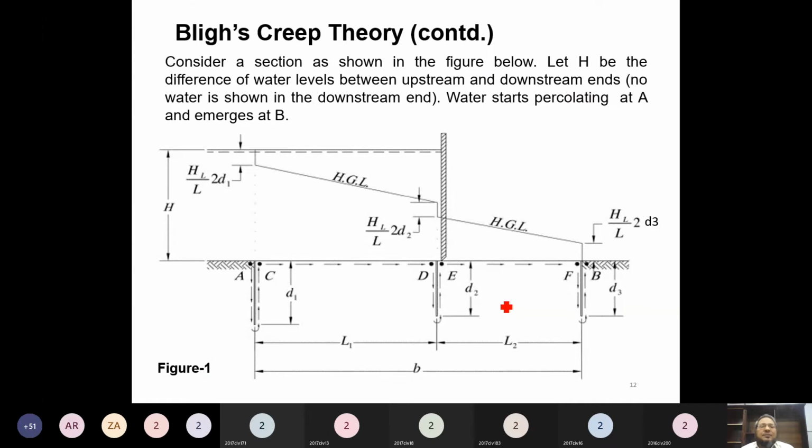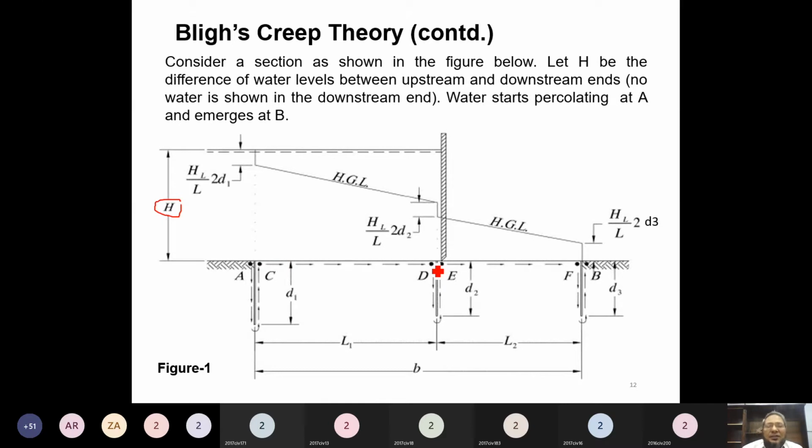Now we want to understand this concept of the creep theory by considering a section as shown in the figure. Let's say this is a concrete floor from point A to point B, and this is a gate which is closed, and it causes the head, capital H, on the upstream side. According to creep theory, the water will enter at point A and will move vertically down, and then will move vertically up and will reach point C, and then will creep horizontally under the concrete